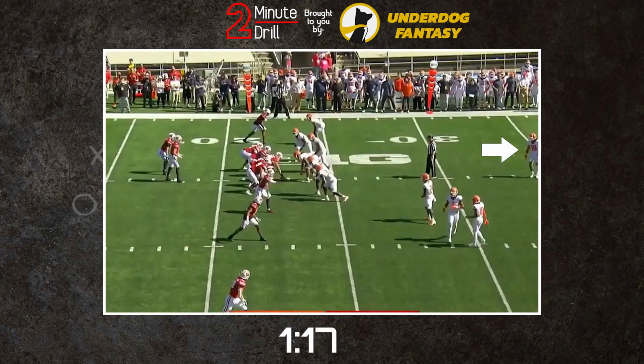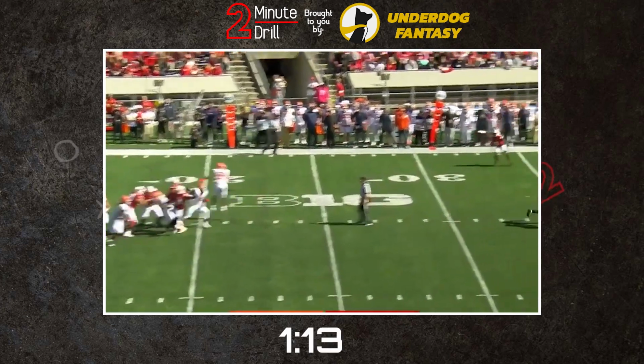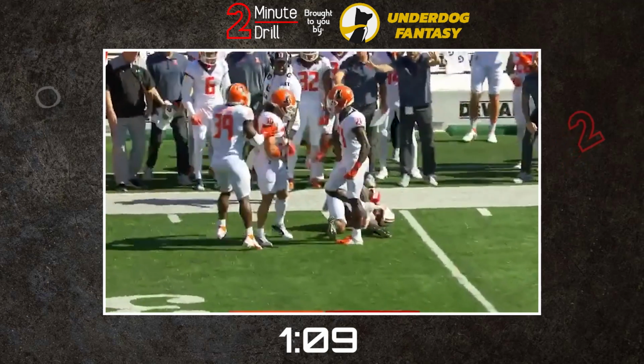Brown has experience splitting the field, manning up in the slot or on tight ends, and even has some single high usage, and he handled it all very well, making him a very promising and versatile piece that defenses should